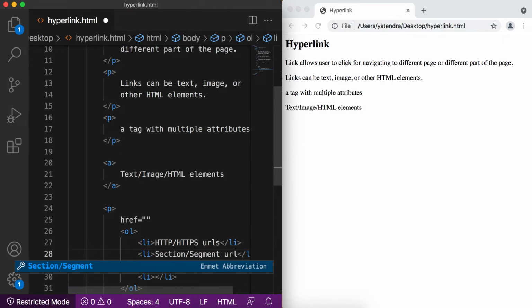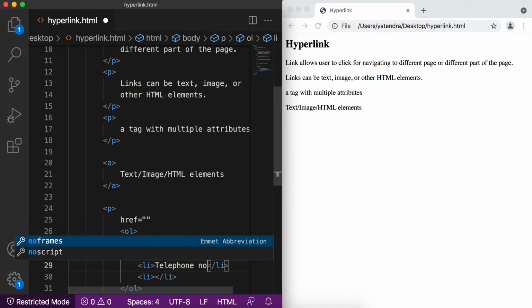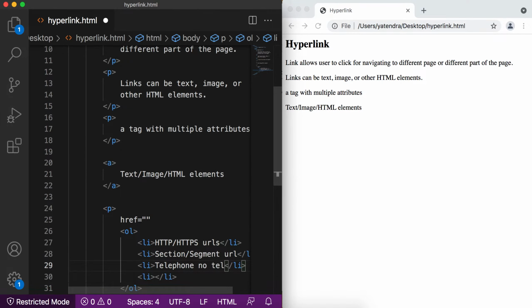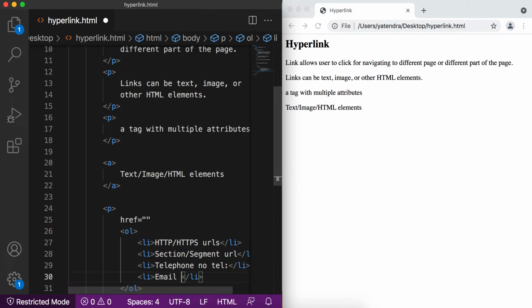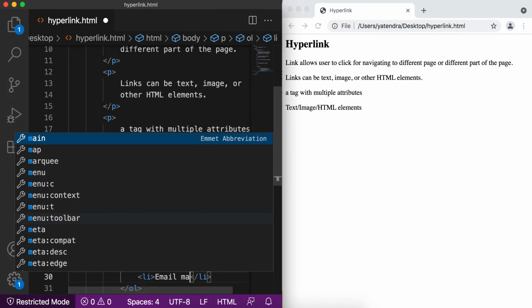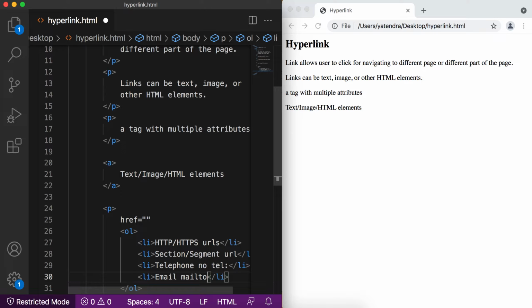How we can create segments in HTML, we will discuss that. By tapping on that we will navigate to a specific segment or section. Or we can also give the telephone number with tel and a colon. Also we can give the email by using mailto and a colon string.